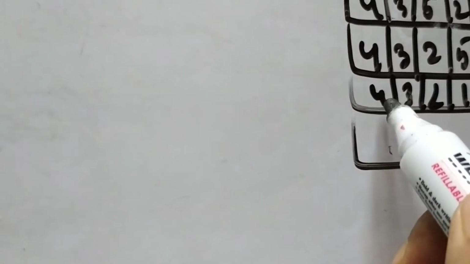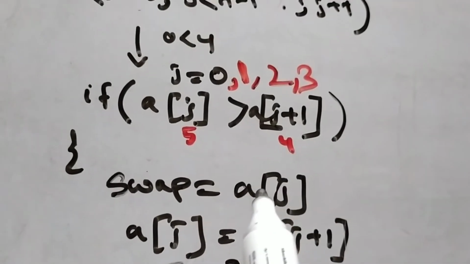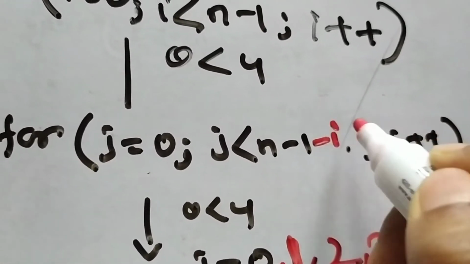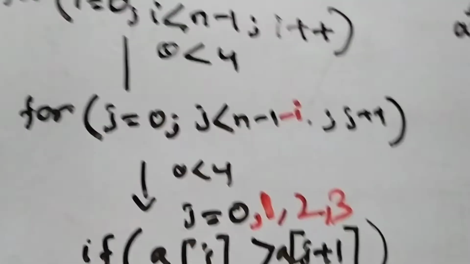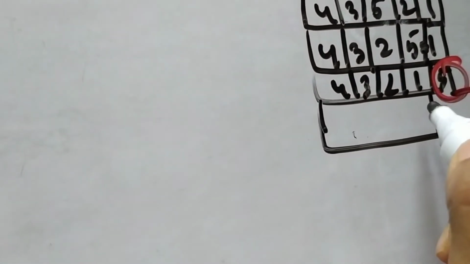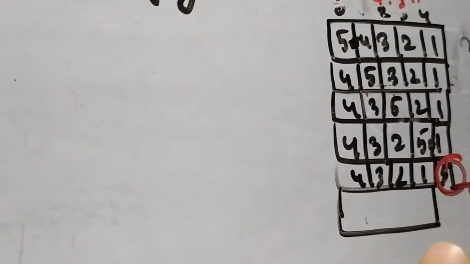Now we will be sorting these 4 values, and 4 becomes the first number. So now again the loop will continue. For this reason we will be using n minus 1 minus i, to keep a shortcut for the loop. Since there are 5 numbers, if we sort the 4 numbers, the last one will automatically be sorted. Okay, so now let's continue.